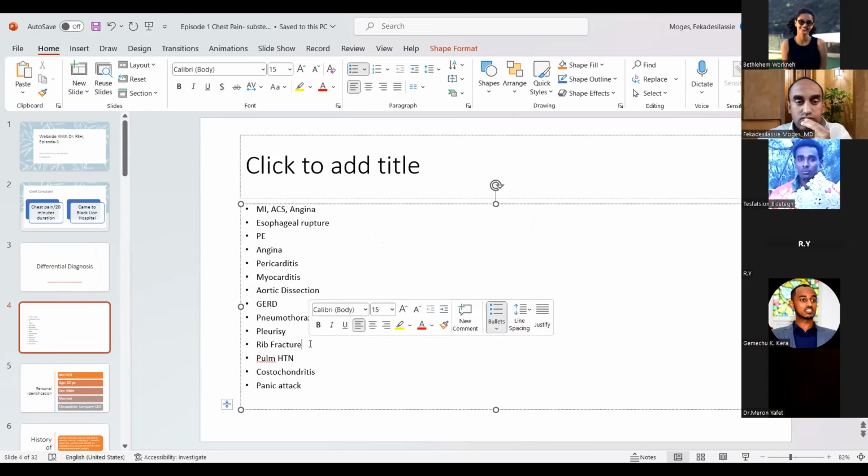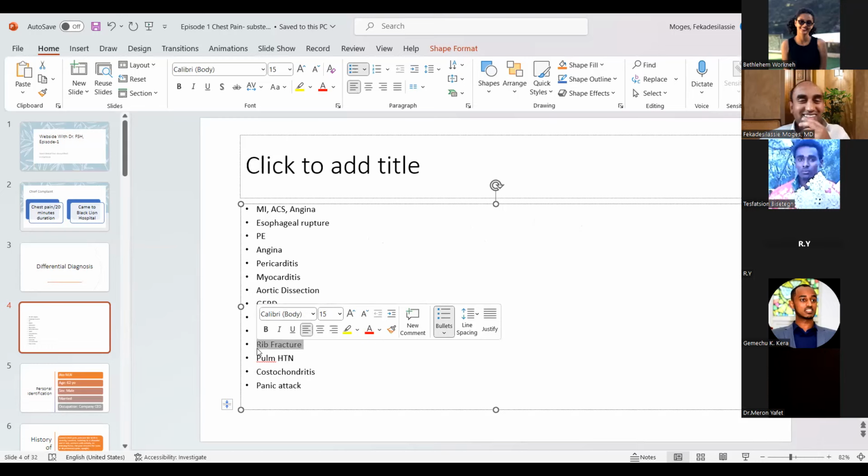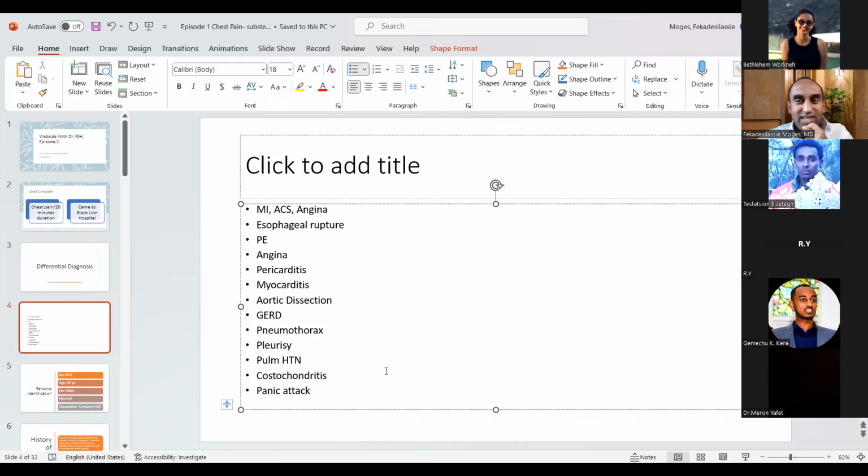For rib fracture, the primary complaint wouldn't have been the chest pain. Rather, the patient would actually present with the trauma, saying that actually it's chest pain, with a fractured rib. We don't have a clue, right? There is no clue. The patient didn't say I was involved in a road traffic accident. The patient didn't mention he had a fall, or he didn't mention he had trauma to the chest. So we don't have any information to think of a rib fracture. So I wouldn't dare to think about it. So I kicked it out.